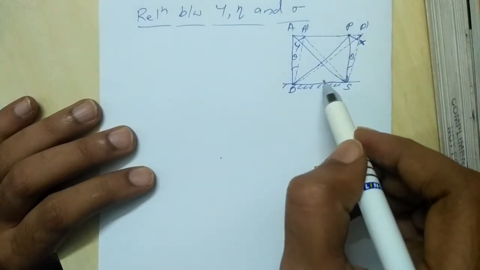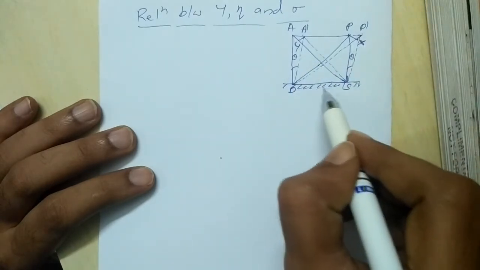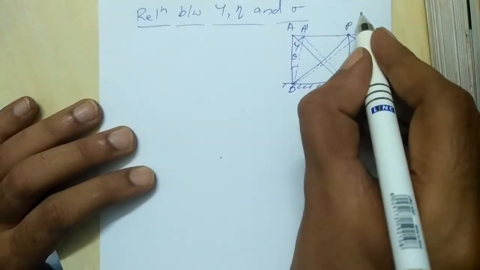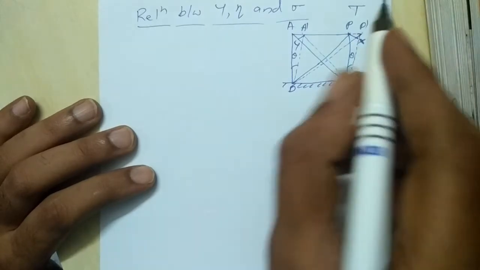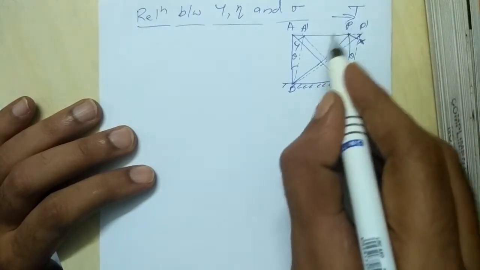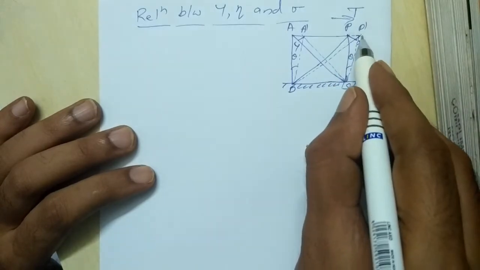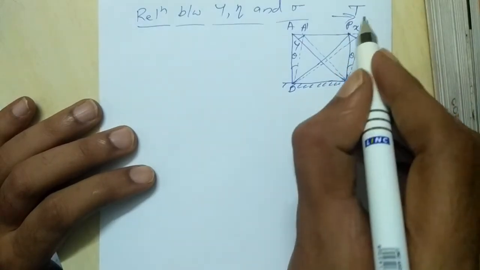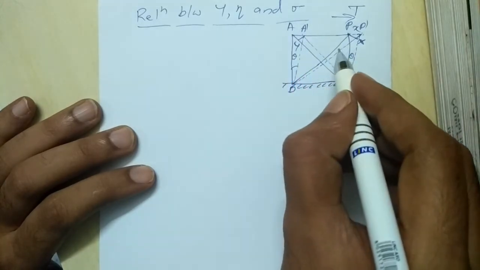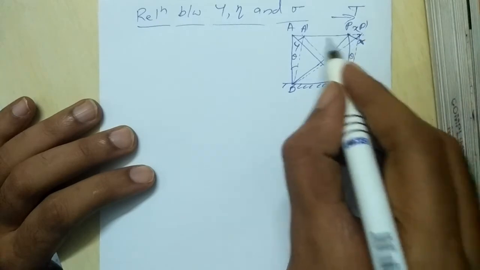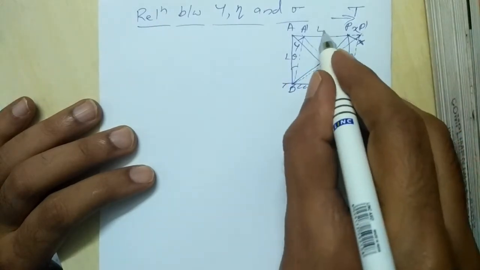So we consider a cube. One of the faces is APSD and the lower side is fixed, and we apply a force. In this case the stress is given by T. I apply the force in this direction, along the direction AP. So the point P shifts to P dash, and this is given by X, and A shifts to A dash, as we have explained in the previous case. And the length of each side is L units.